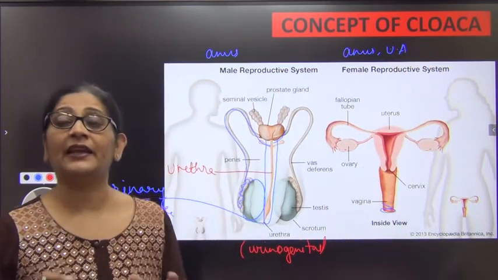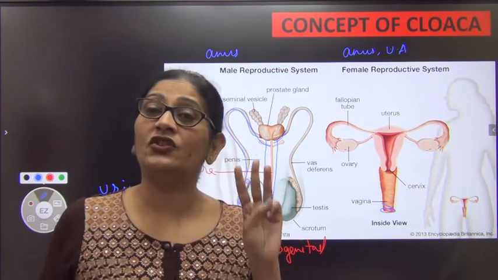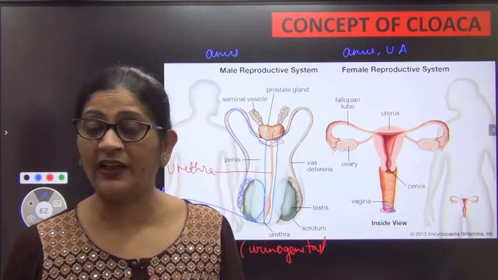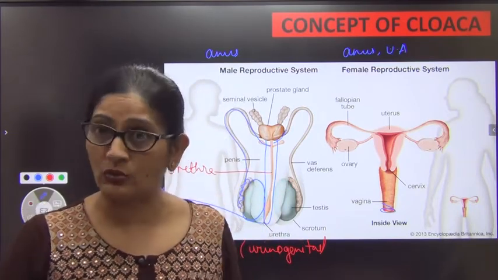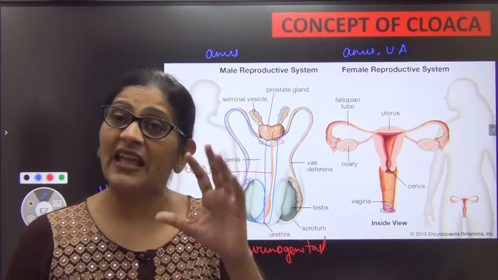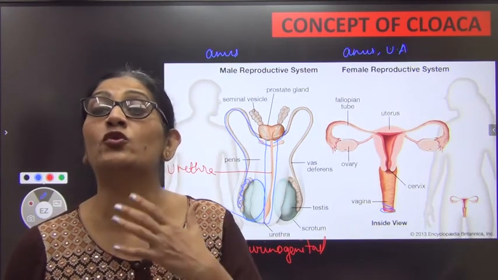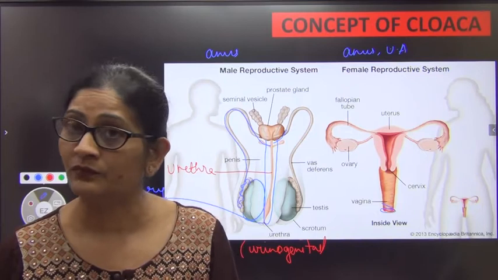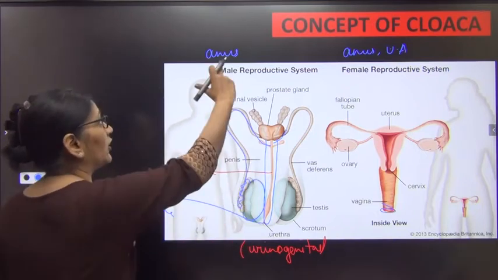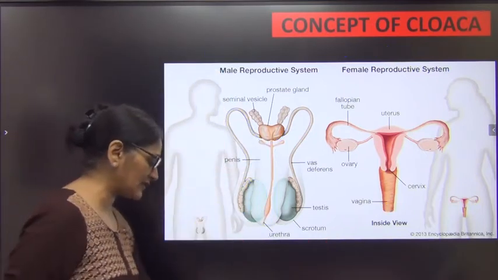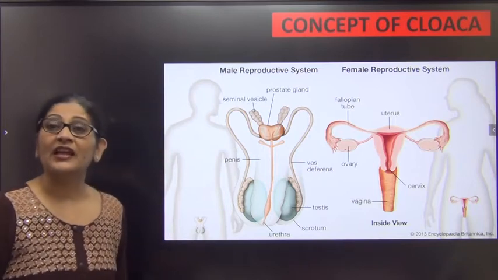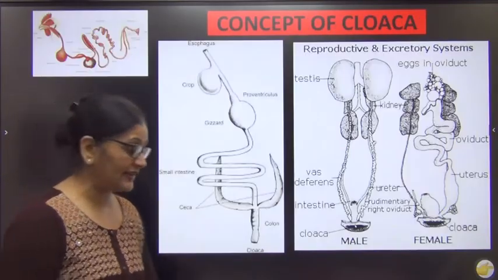I just want to say that there are three major organ systems of your body which need to communicate to the outside. In case of mammals, each one of them communicates through its own independent aperture. So the aperture for the digestive system is called anus. In contrast to that, in case of